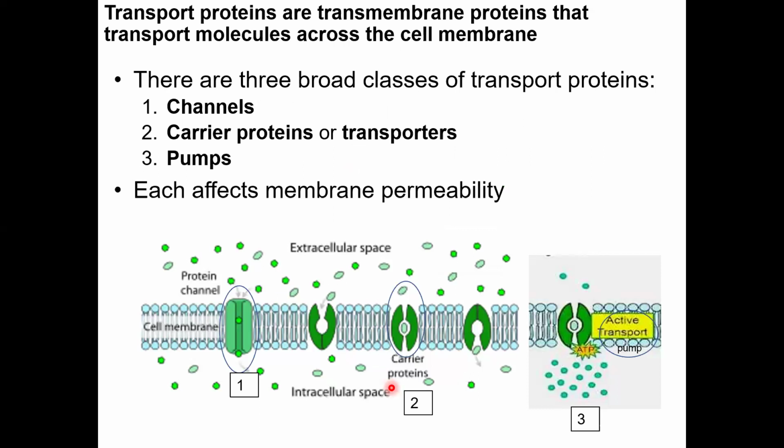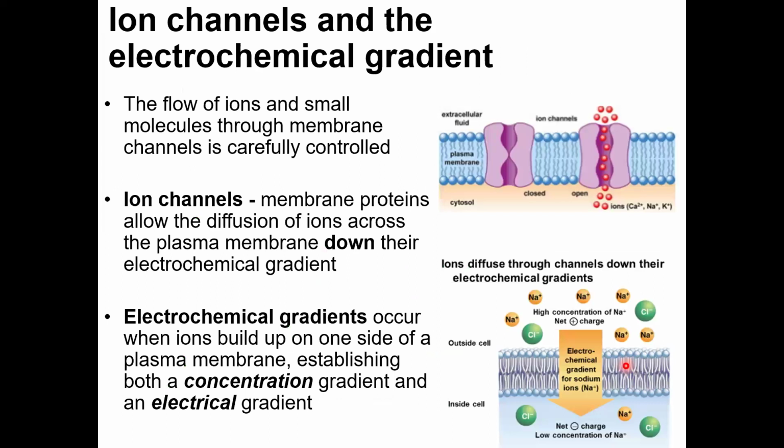With transport proteins that are transmembrane proteins, they transport molecules through the cell membrane. Three broad classes of these are channels, like these, carrier proteins, like these, which allow molecules to come in, and then some that are pumps. And depending on the type of transport protein, it has an effect on membrane permeability. So next,